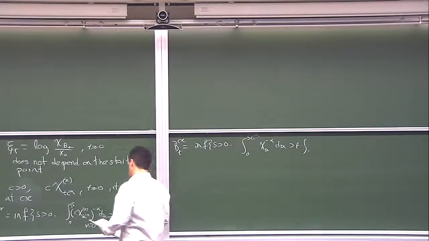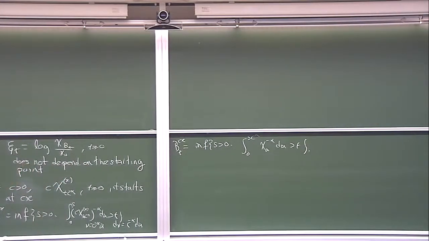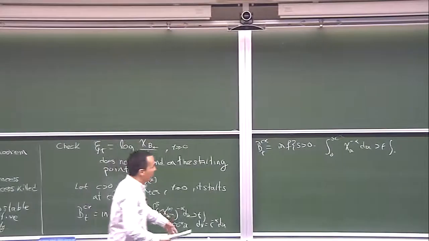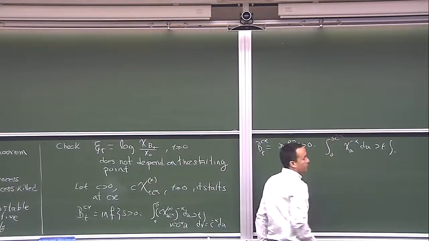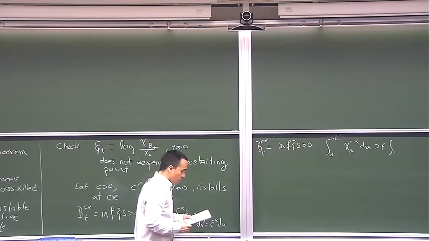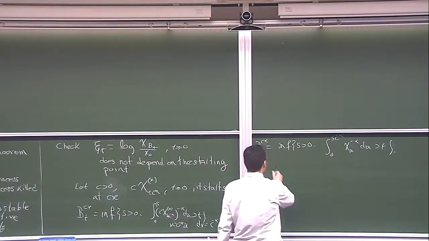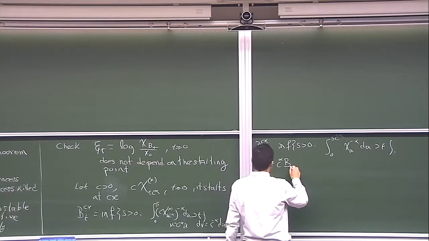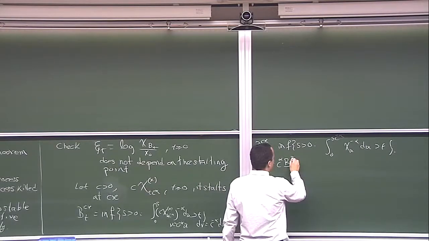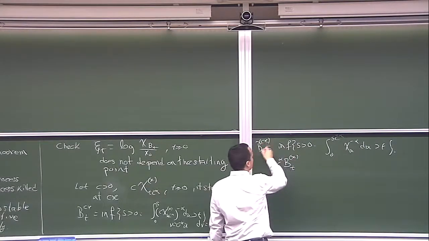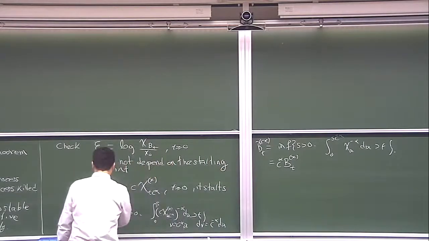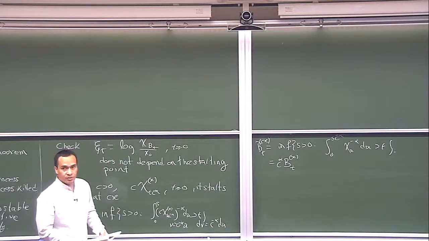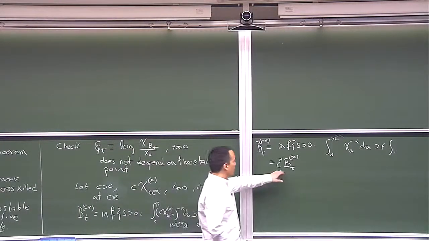Yeah? U is between C minus alpha. Okay? And just make a change of variables, and you will see that this is C alpha B T, but starting from x. Okay? That is one point. Okay? And then